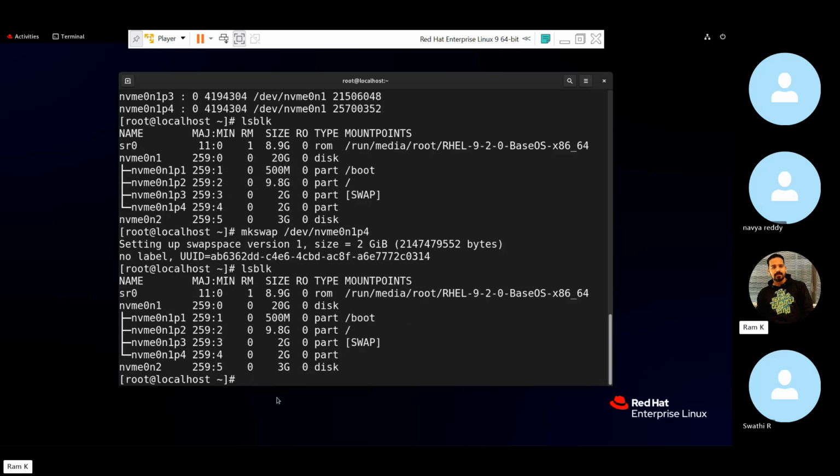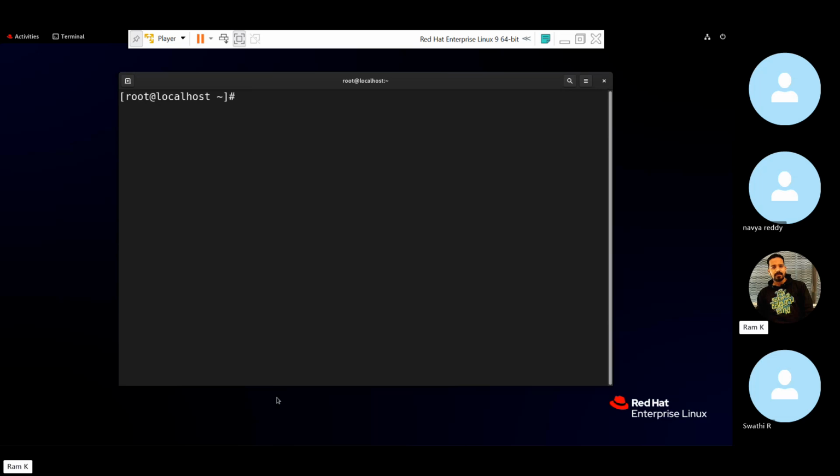So now I will do a small change. That small change is called permanent mounting. Until now you are mounting like this, right? mount, then you give /dev/nvme0n1p4, and then the mount point. So now let us do permanent mounting. For that, you have to edit the file called